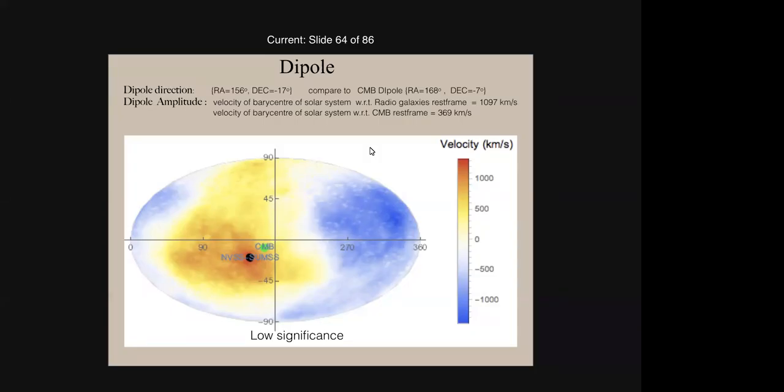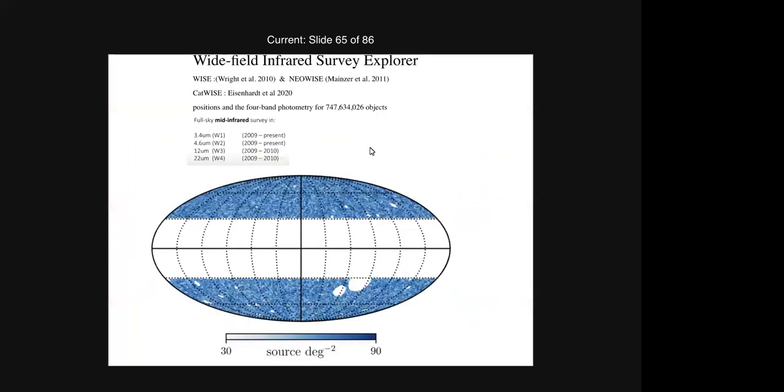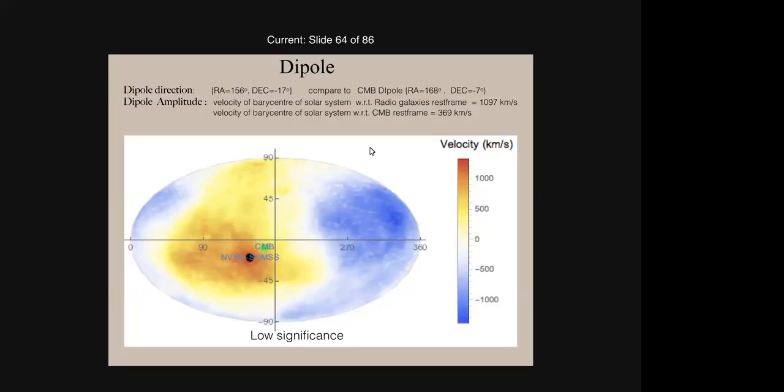And this has been confirmed by different groups. Now, what is the significance of this result? We have only 500,000 sources, it is ground-based, and there are systematics. So this has a low significance, about 2.6, less than 3 sigma. So the next thing we wanted to do was to have more significance. Because with less than 3 sigma, it could just be a statistical fluctuation. You could find this dipole from just a statistical fluctuation. It didn't have to have any physical significance to it.